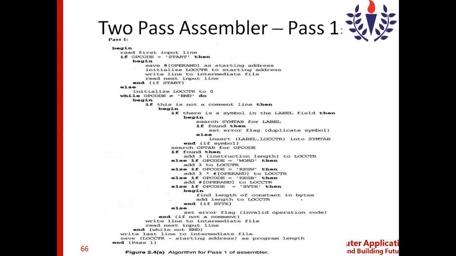So while opcode is not equal to end, do begin. If this is not a comment line, so usually the comment lines will be ignored. A particular instruction which is not a comment line has to be processed.